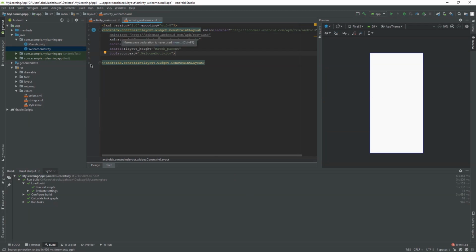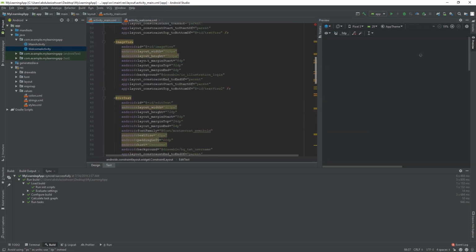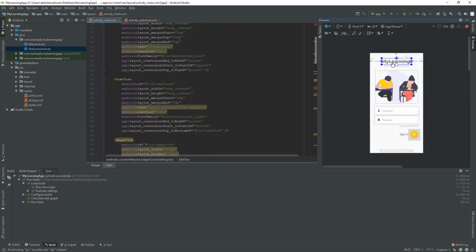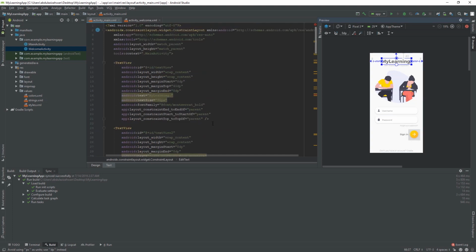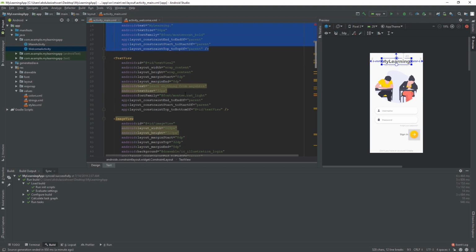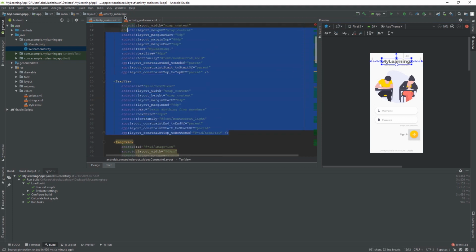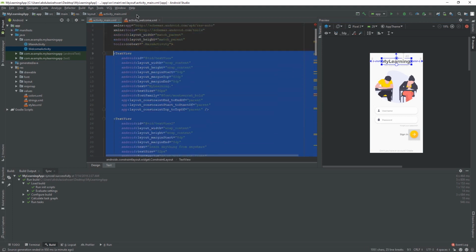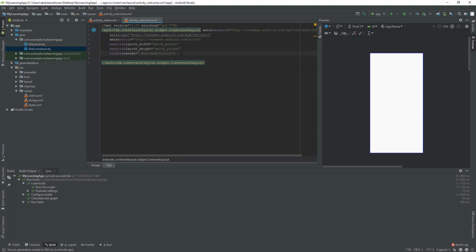So we need to copy from this image text view, copying this,